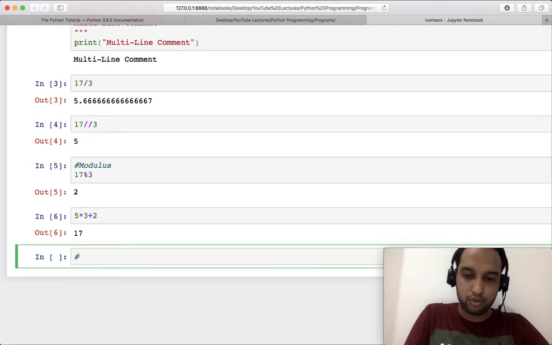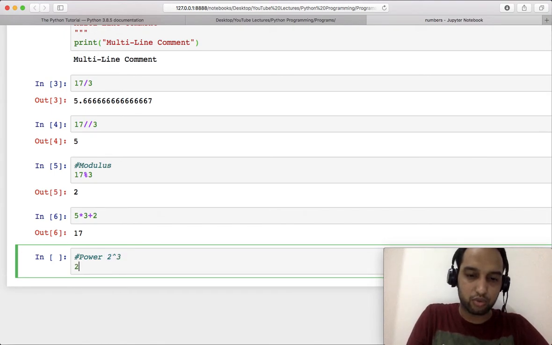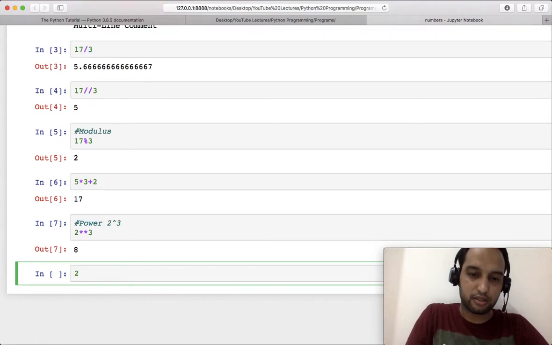You can also use power. In some languages you might have done it like 2 to the power 3, but here you are going to do it like this, 2 star star 3. You can also write it like this.